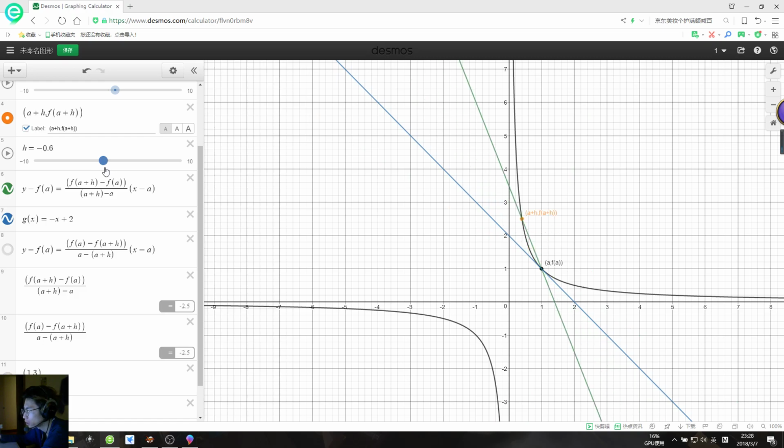If the orange point is on the left side of the black point, which means it's on the preceding interval, I can use this formula here: f at a plus h minus f at a, divided by a plus h minus a, and I can calculate the slope of the secant,